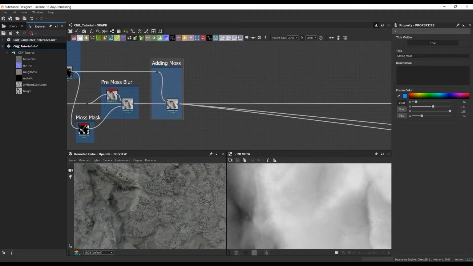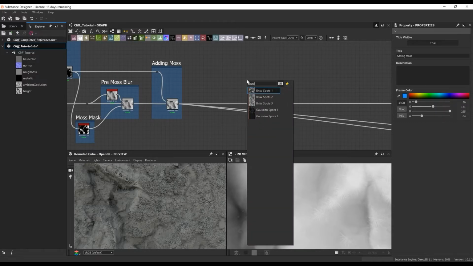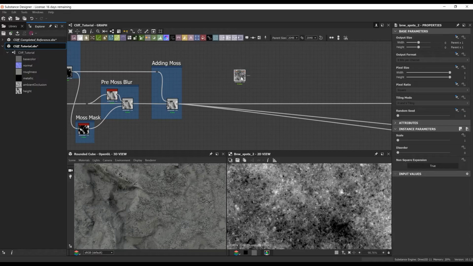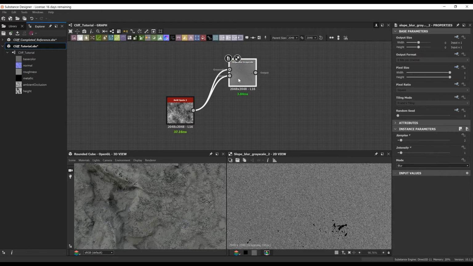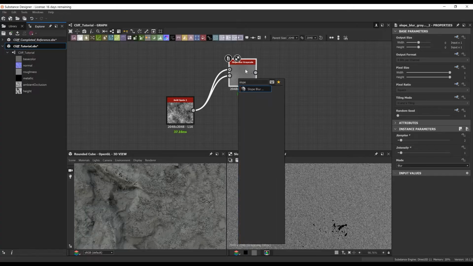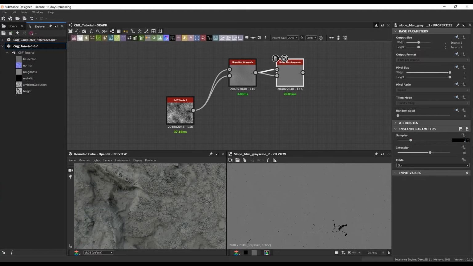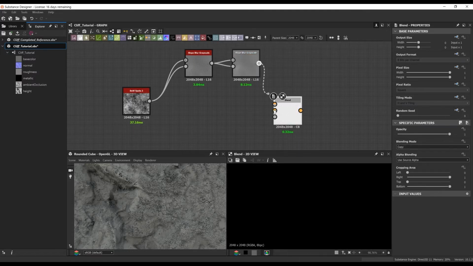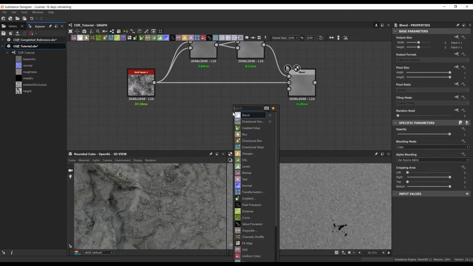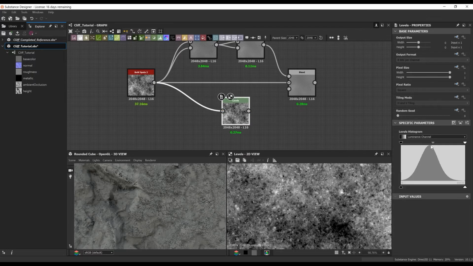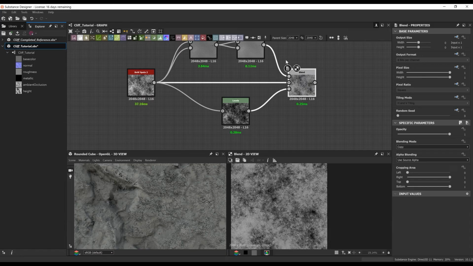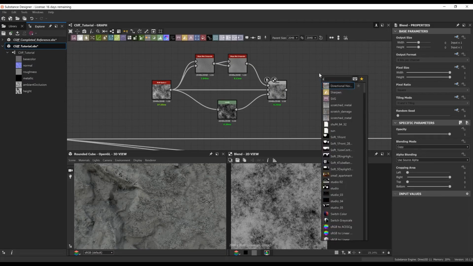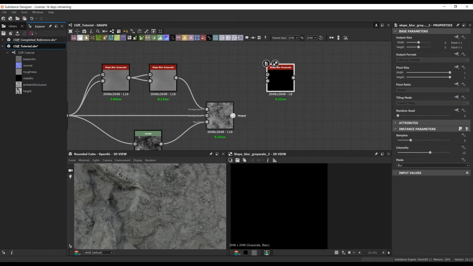Next up, I want to add some finer moss. You can individually see these strands in the moss. I want to have another, more noisy variation of the moss, but with this one you won't be able to see the finer details, like the leaves in it. It's just another more noisy variation of the moss, to give some surface breakup on top of what we already have.